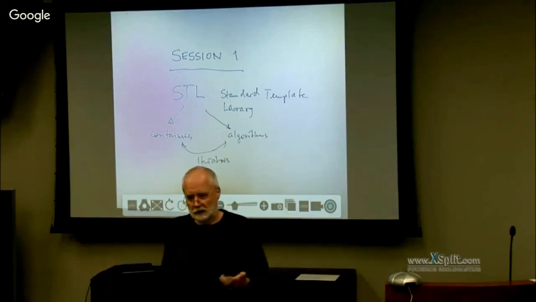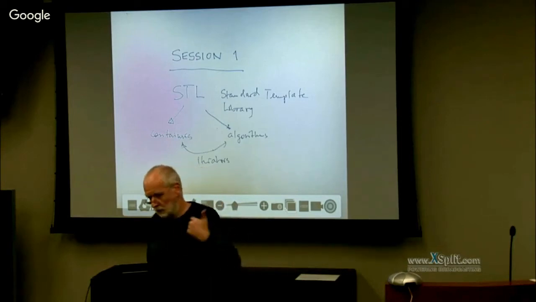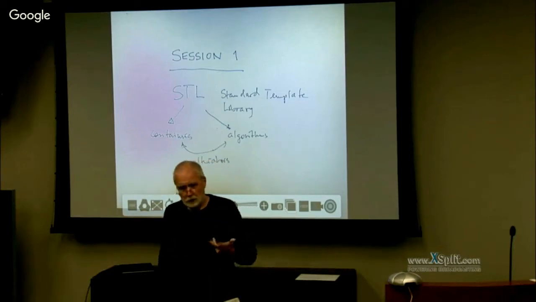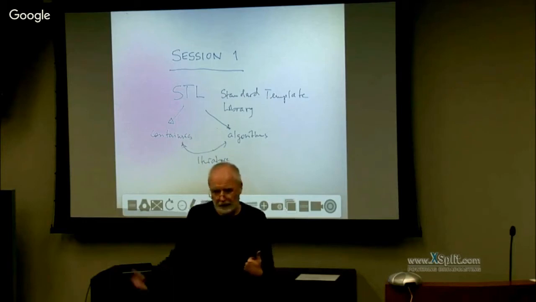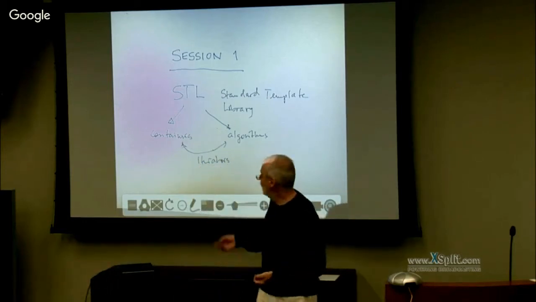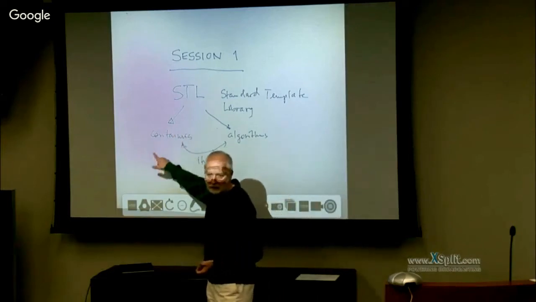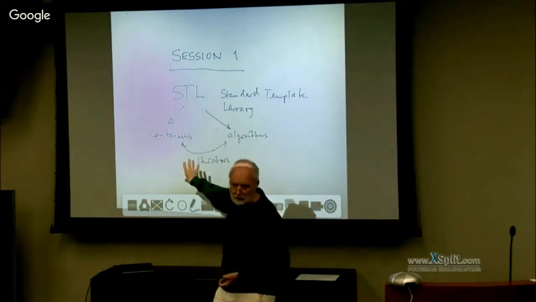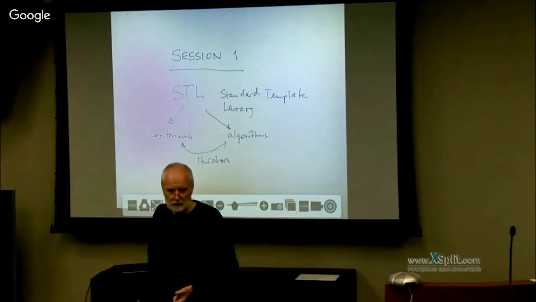They give you functionality to add new things to it or remove things from the container, push back or pop back in the simple case, insert. So these functions, and they are all named the same, and that's very important. So all containers expose the same functions, which are named the same, have the same spec.